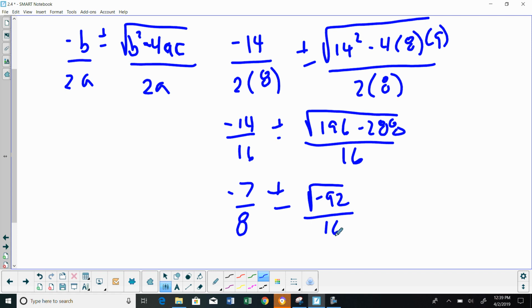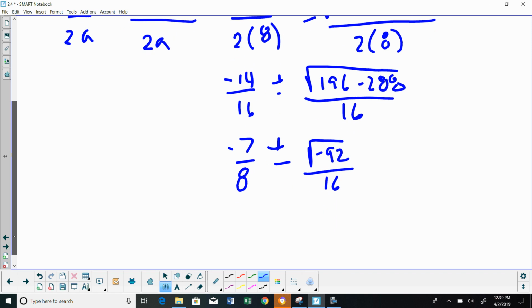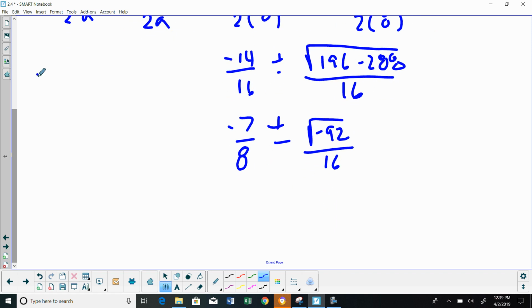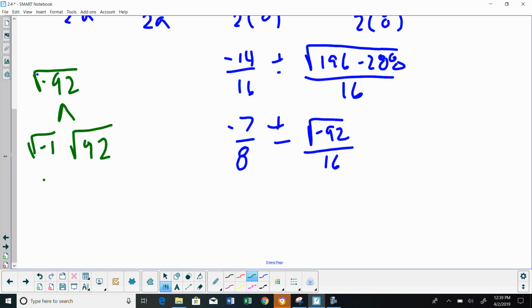All right, and then can we simplify that further? Well, square root of negative 92, let's do that off to the side here. I want to do square root of negative 92. I'm going to split that up into square root of negative 1 times square root of positive 92. Square root of negative 1 is equal to i. And figuring out the square root of 92, if I look for factors of 92,